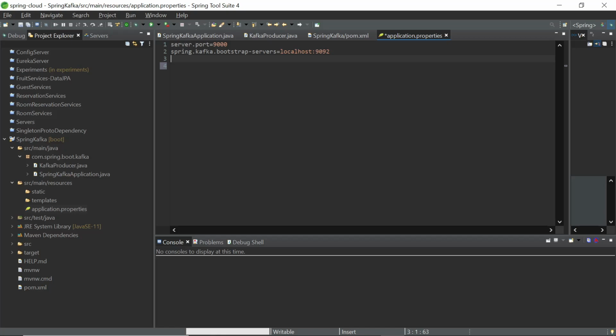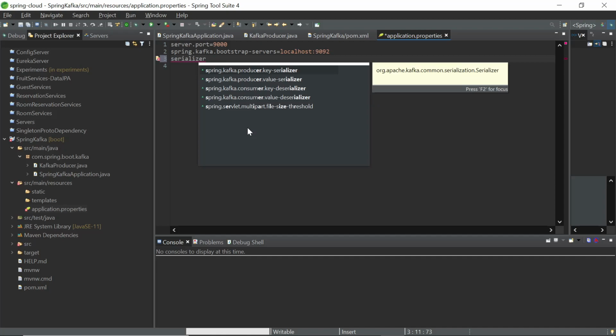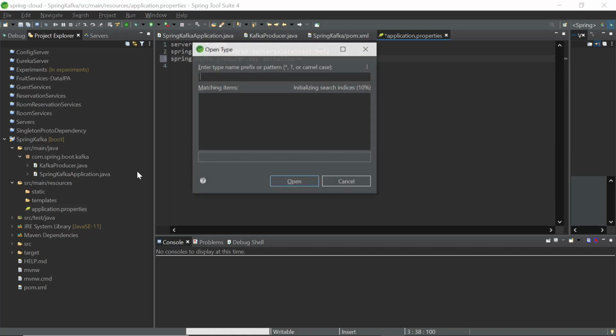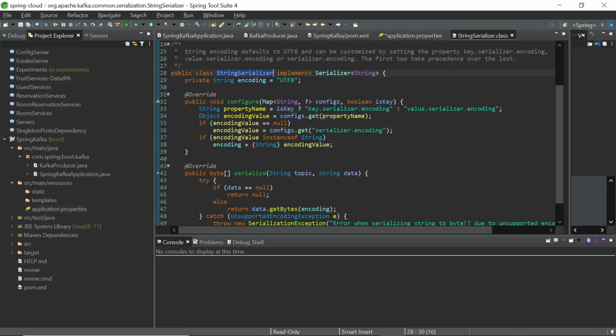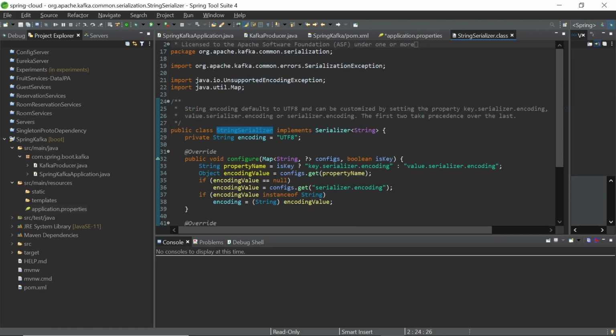On the consumer side, the data is deserialized, and then that's how the consumer will be able to make sense of the data. So we need to specify which serializers to use, and that would depend on the data type of the messages that we are sending through. For JSON, typically it's a string. So let's talk about serializers. These are the values we need to specify: producer key serializer, value serializer, and the deserializers. Okay, string serializer. This is the serializer that we would be using.